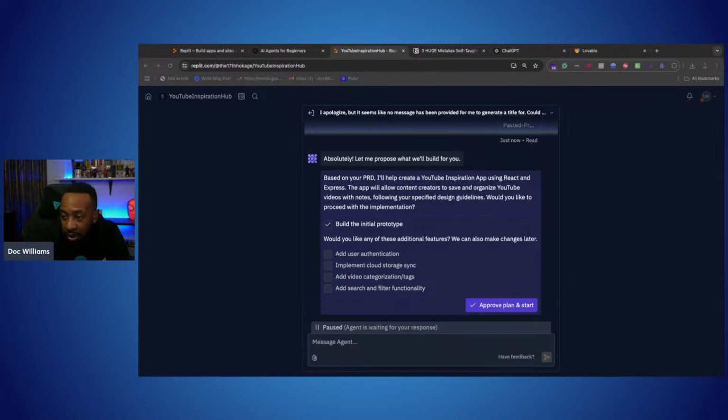It says build the initial prototype. And it also says, would you like other additional features? Add user authentication, implement cloud storage sync, add video categorization and tags, add search and filter functionality. I'm going to add video categorization and add search and filter functionality. We don't need to add user authentication at this time. All right, so let's